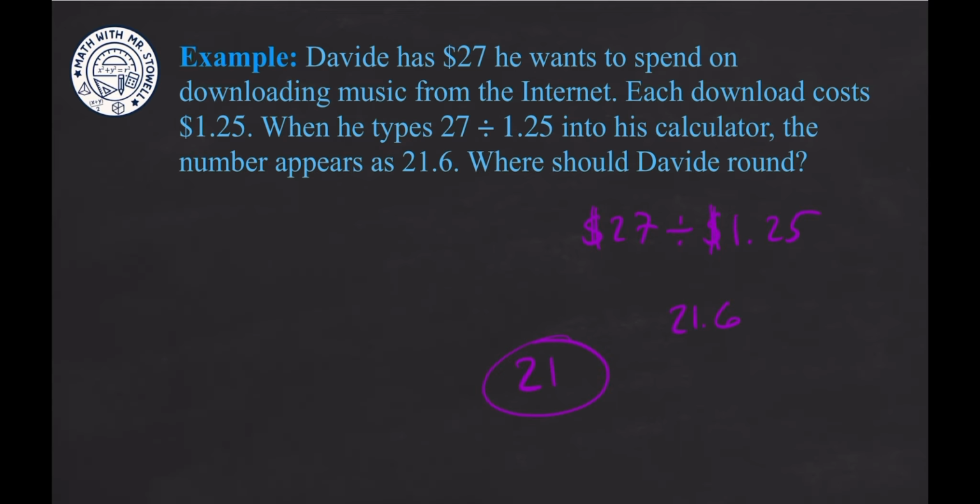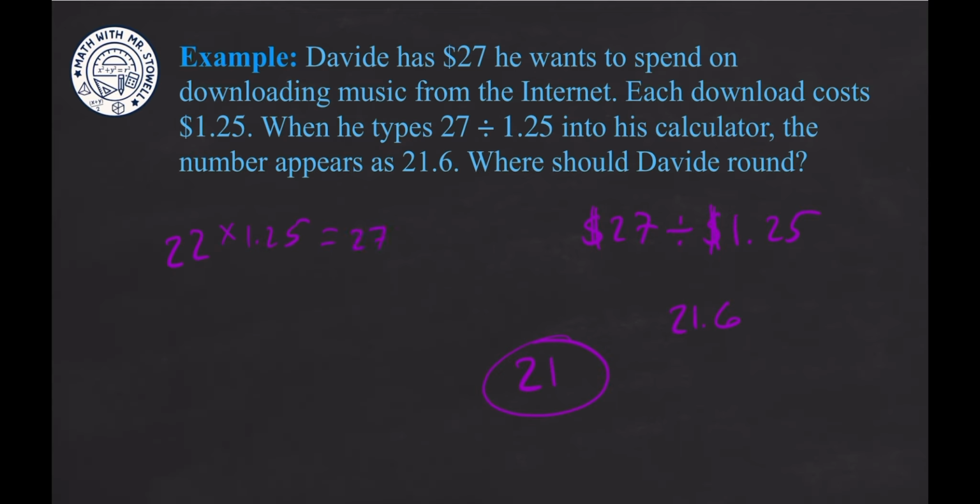In fact, if he buys 21 songs, what that's going to end up to be, take 21 times $1.25, that's going to give us a total of $26.25 if he downloads 21 songs. If he downloaded 22 songs, so let's say we took it a step farther and did 22 songs, this is going to end up to be too much. So if he downloads 22 songs, times that by the $1.25 each, that's going to give us a grand total